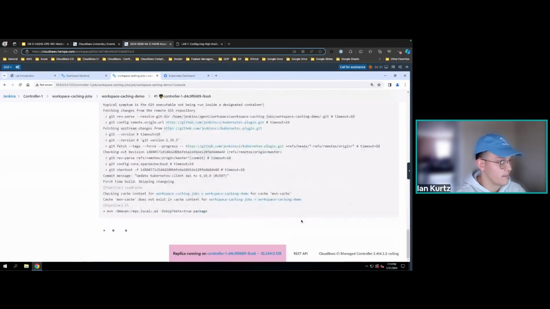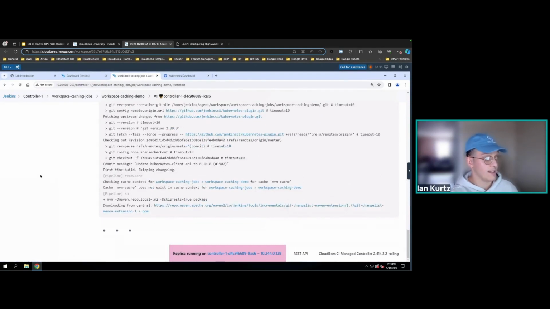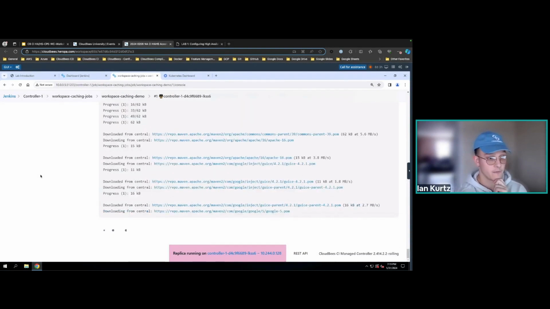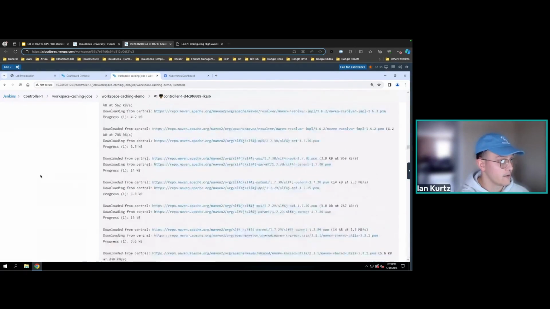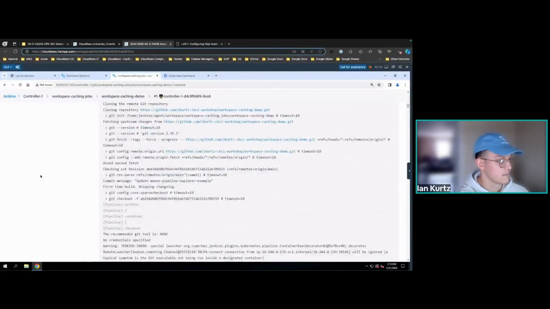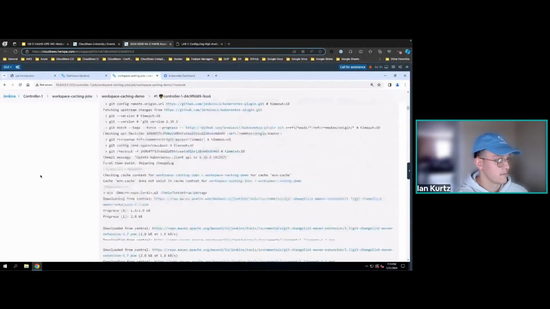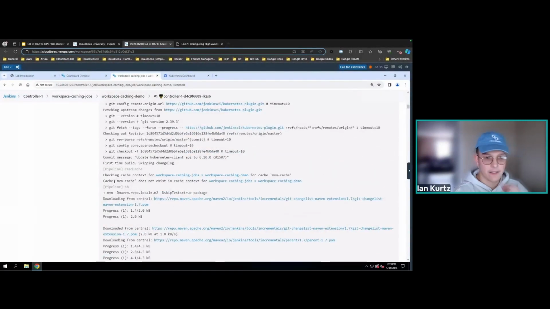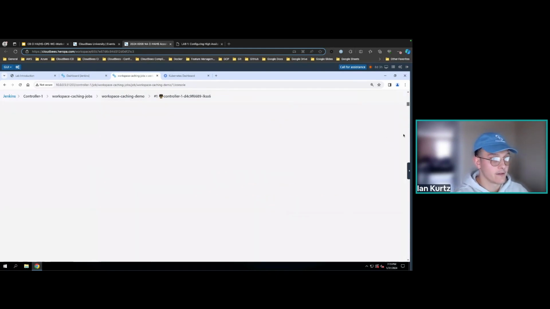So let's scroll to the current point. And it just got done checking the cache context for this pipeline. And if you noticed, we'll go back up. It's telling us that the Maven cache doesn't exist for this pipeline, for this specific context. So for now, there's nothing to pull in. We're going to have to go and download from Maven Central, right? So as it does this,